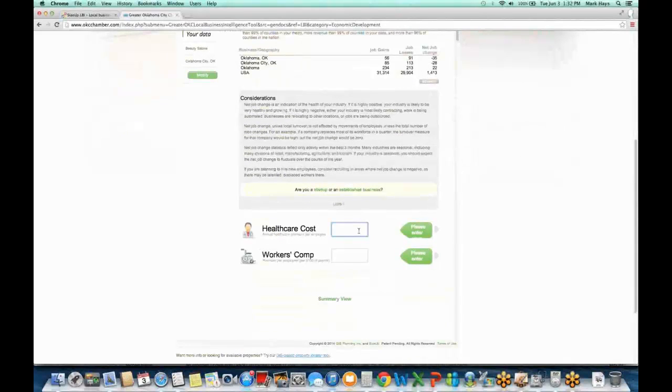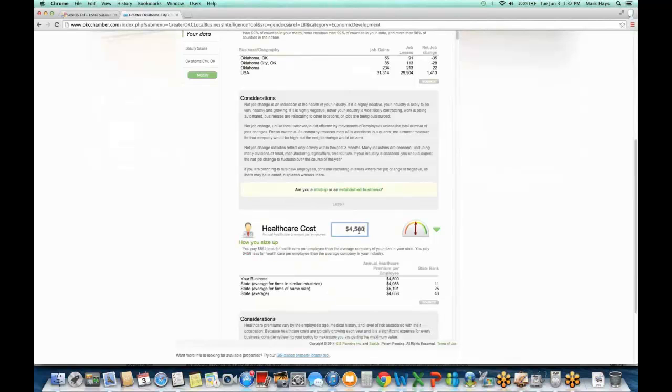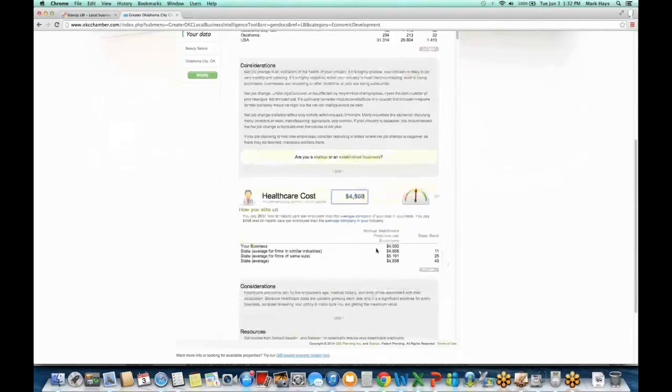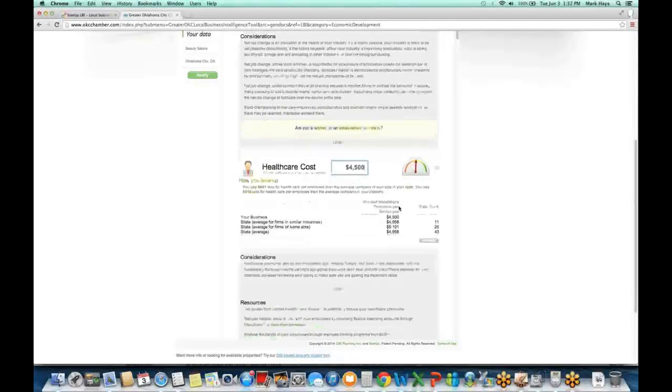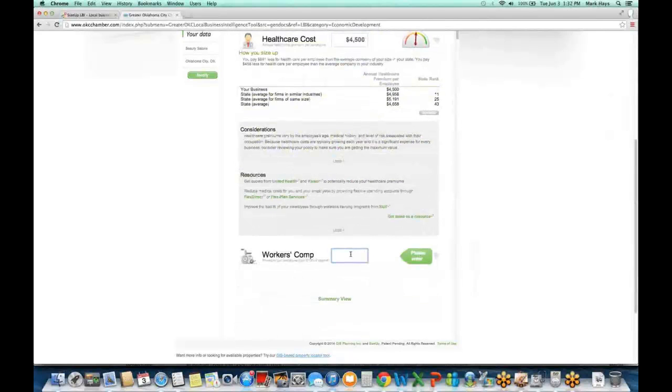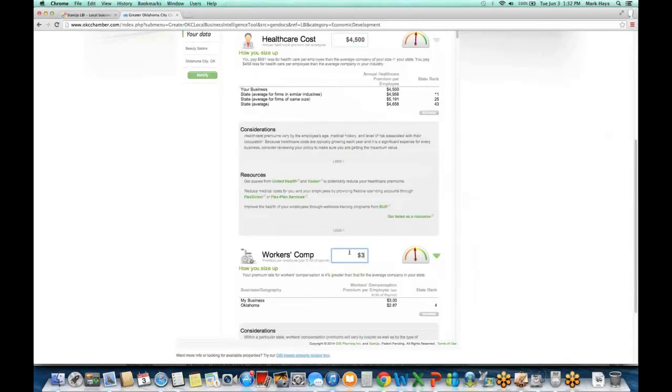And then we can even take it as far as healthcare costs. So maybe I'm budgeting for healthcare, and I think I could do $4,500 per employee. Is that something reasonable for my industry within my area? And this is going to show you that it's more reasonable to budget about $5,000. If you'd already got a $4,500 quote, that's great. I would probably go with it. But if it's for budgeting purposes, just add a little more on top of that. And then you can even drill it down as far as how many dollars you're putting per 100 per employee into workers' compensation.